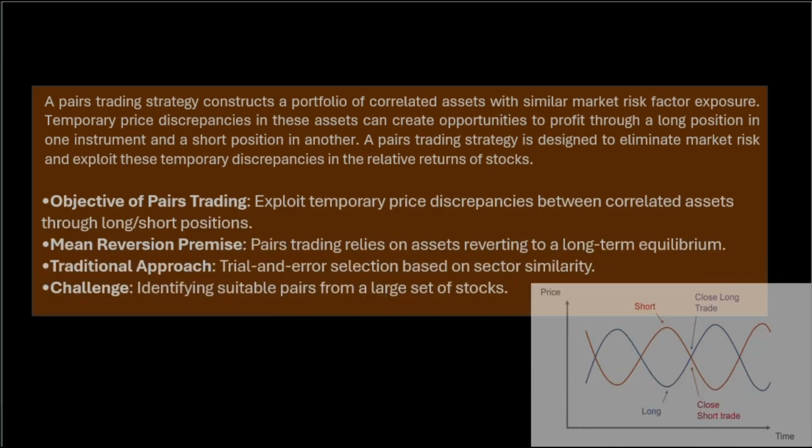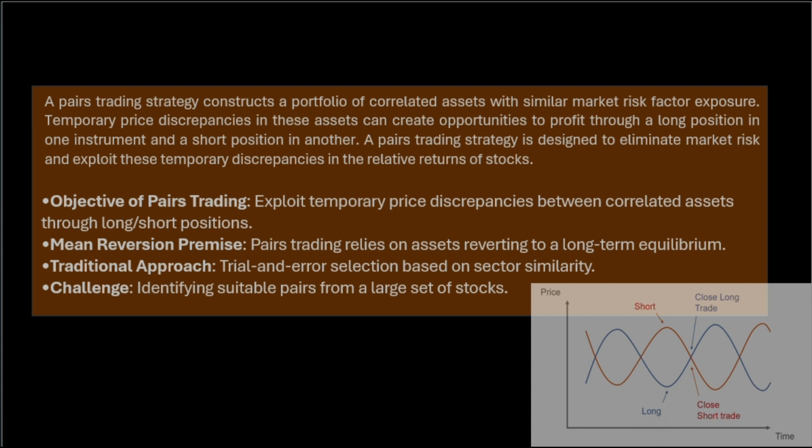So, pair trading is a market entry strategy that involves creating a portfolio of two correlated assets, one long and one short. The goal is to exploit temporary price divergence while minimizing overall market risk. The foundation for this pair trading is the concept of mean reversion, which is where we expect asset prices to eventually return